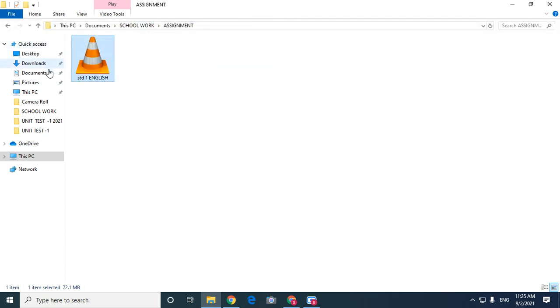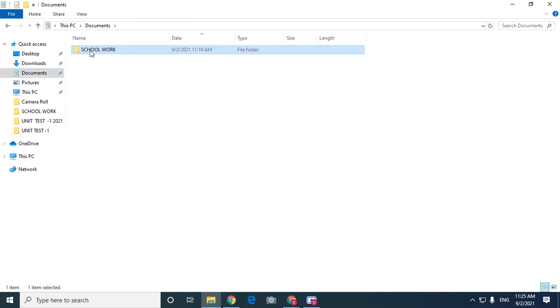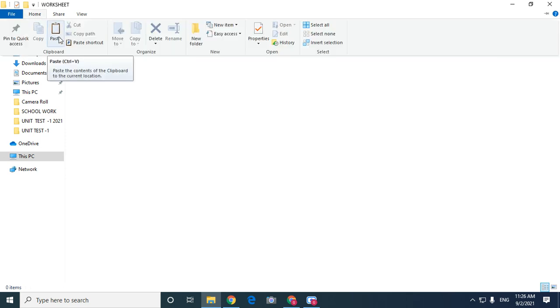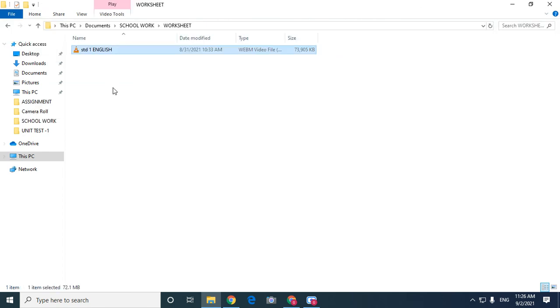Then if you want to paste it in Worksheet, there you can paste it. Again go to Home, then select the Paste option. It will be pasted in the Worksheet folder. In this manner you can copy and paste particular files or folders whichever you require, right?